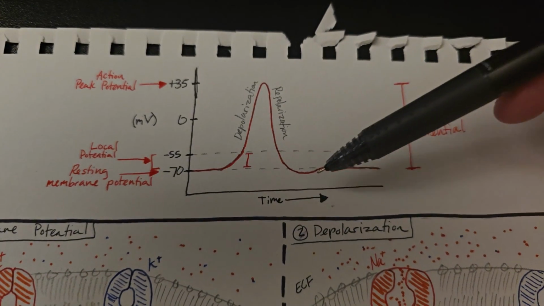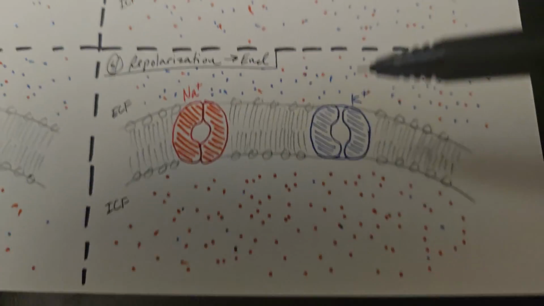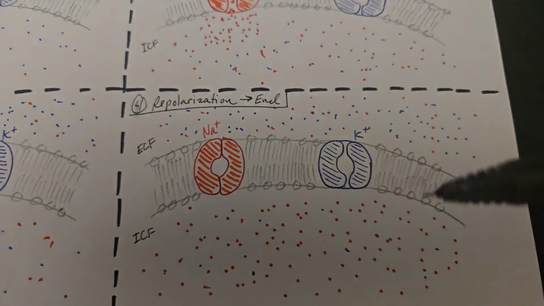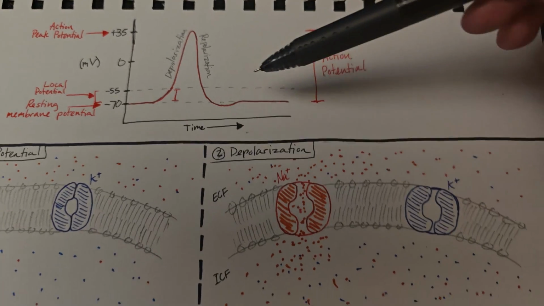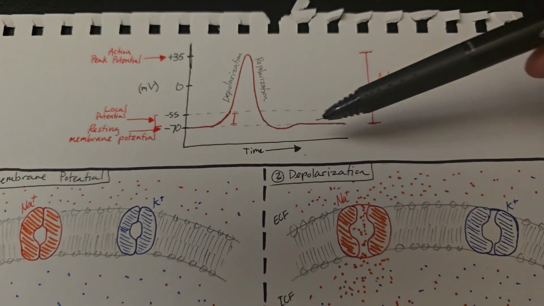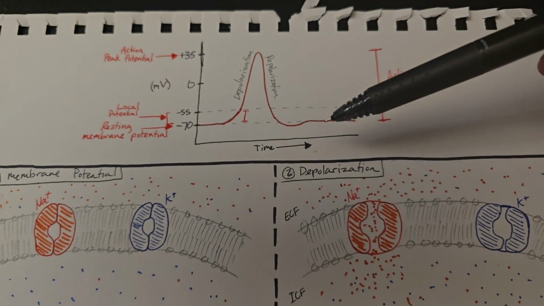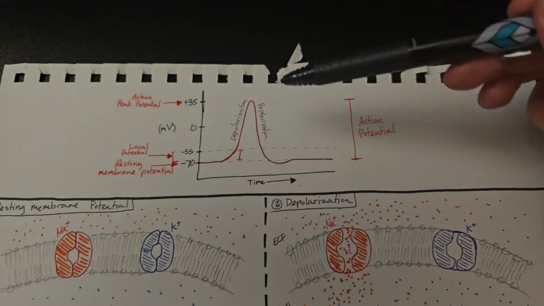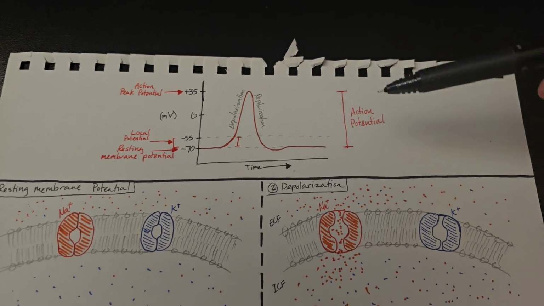Once it's at that stage, both gates will be closed as they have switched. Then it'll go back to that resting membrane potential stage, and it will continue that whole cycle of